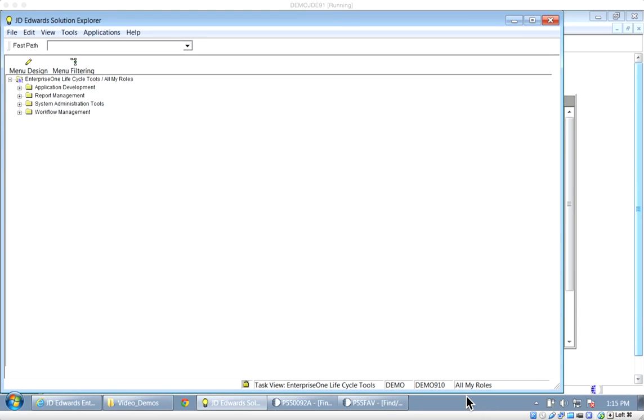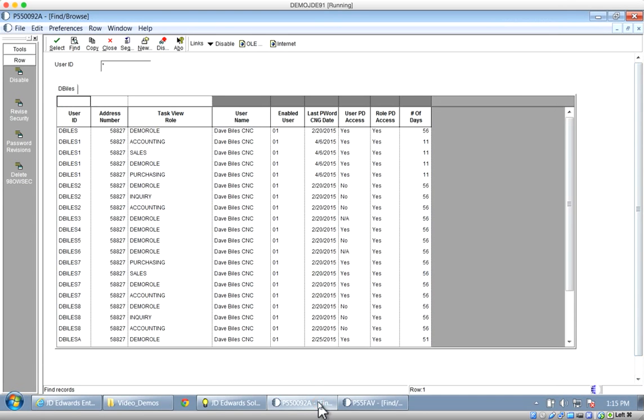We're going to take a look at a security driver application that allows you to maintain user IDs and inquire into user IDs. Already have this application up, and it is called P550092A. This application uses the existing security files in JDE Edwards and the existing applications in JDE Edwards. They already have interconnects built in,